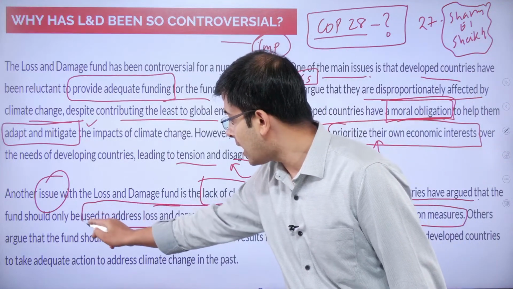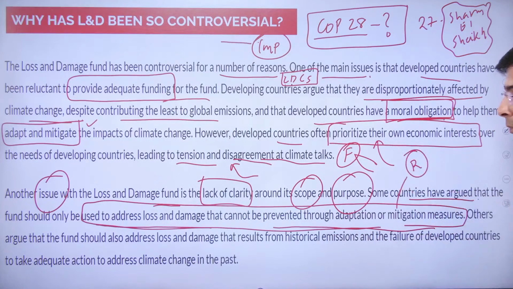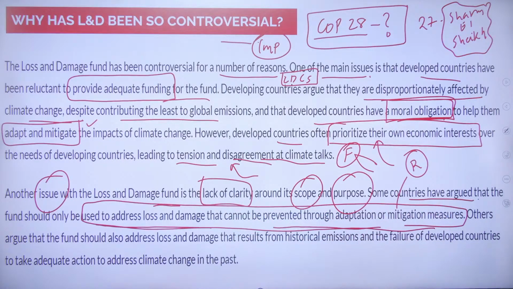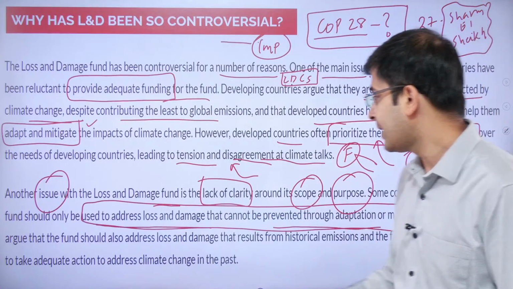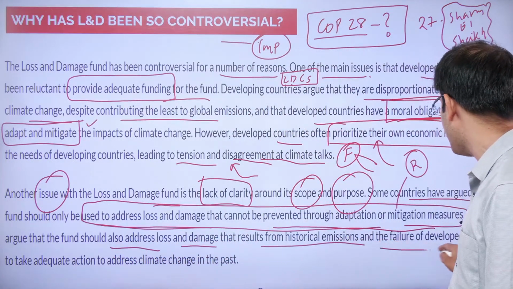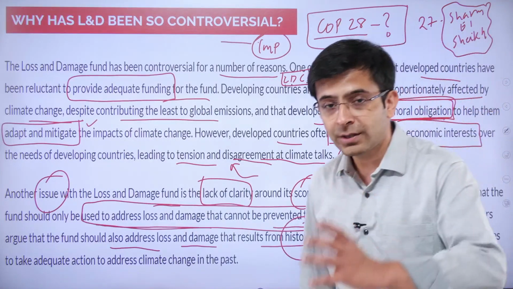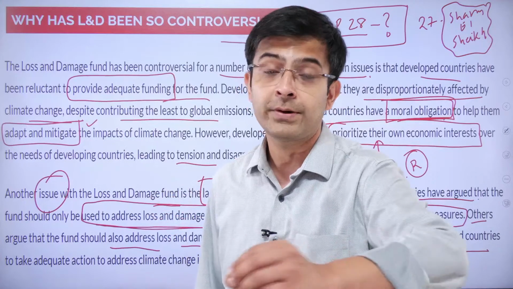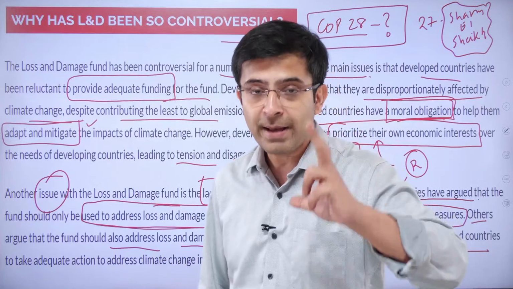Look at this now. This is another counter argument being put forward by the developed, the rich nations: let's address loss and damage which is unpreventable, that suddenly happens and there's nothing you can do. So we'll just do that. Others argue that the fund should also address loss and damage that result from historical emissions and failure of developed countries. There is a historical context, like I'm telling you. It's not just to do with a cyclone hitting you and then the Western world giving you a donation to go rebuild your country. No. It is to do with this historical injustice, that there is an inherent mismatch, that we